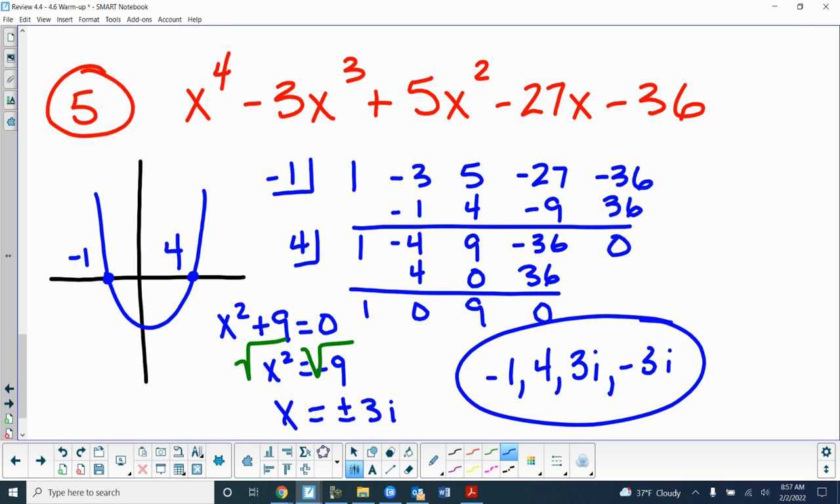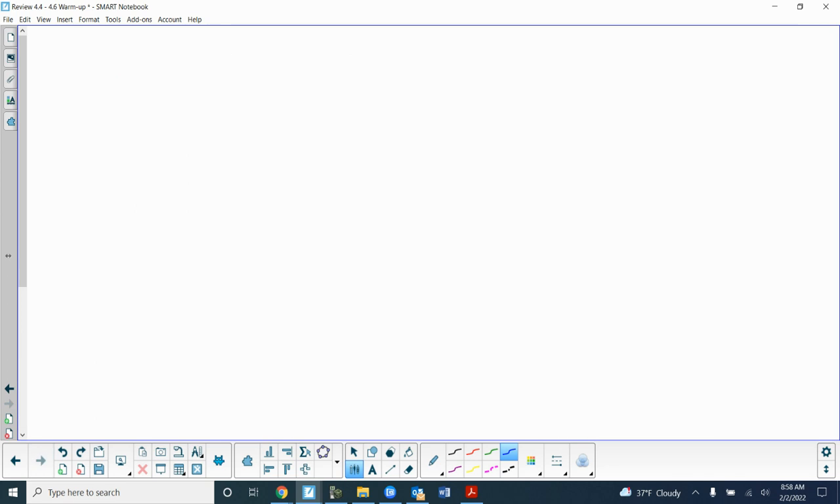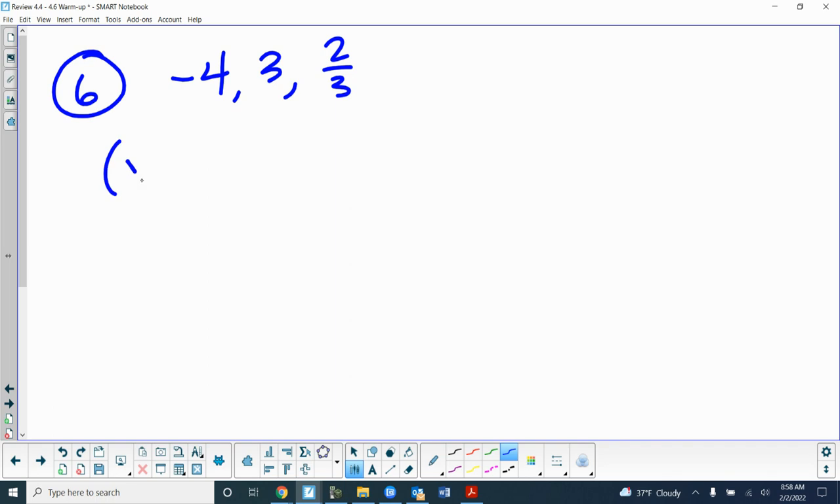Okay. 6 and 7, I give you the zeros, and you have to find the polynomials that go with those zeros. So we're going backwards. The 3 zeros I give you are those. So how do we start these? Always write x minus in front of those zeros. So x minus a negative 4 is x plus 4. x minus 3,